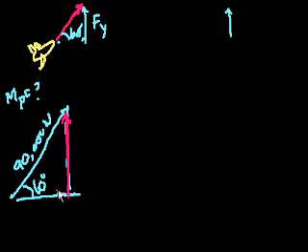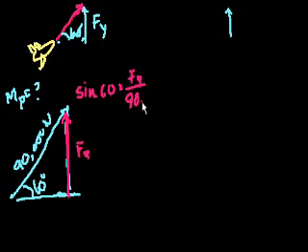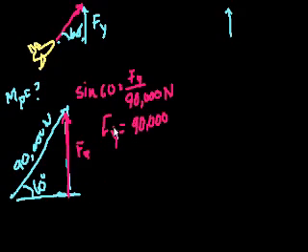Anyway, so in the y direction, let's use sine, right? Sine is opposite over hypotenuse. So we know that the sine of 60 degrees is equal to the opposite, which is the force in the y direction, over the hypotenuse, and that's 90,000 newtons. So the force in the y direction is equal to 90,000 times sine of 60